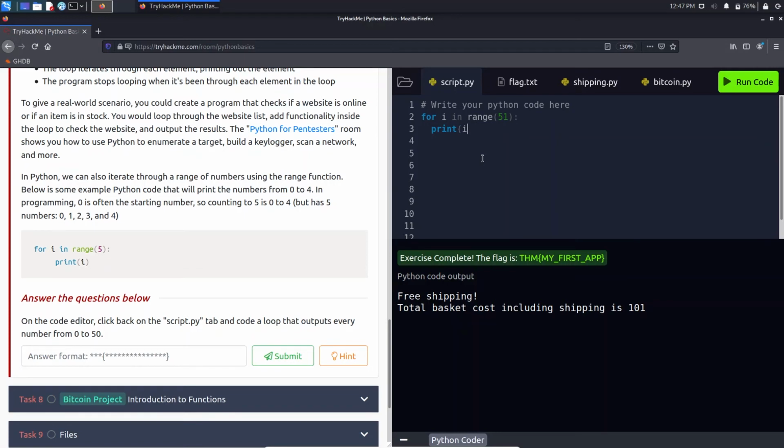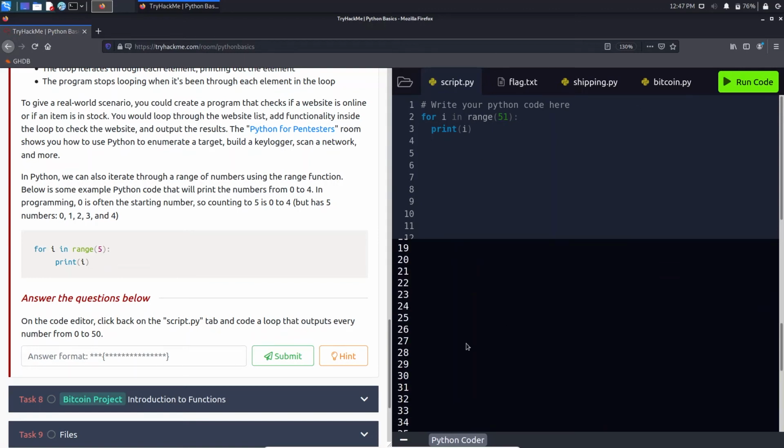Print I. I'm really sorry, I have a habit of VS Code here. Let's run the code. So now we printed our text till 50 as we wrote 51, and here as you can see it prints till 50. The flag is thm loop while for.